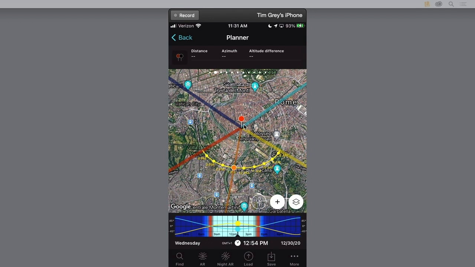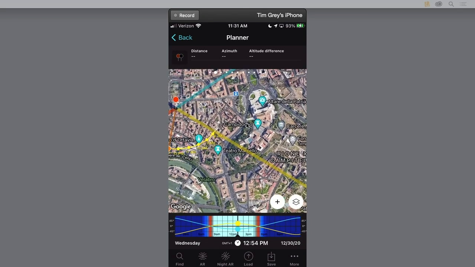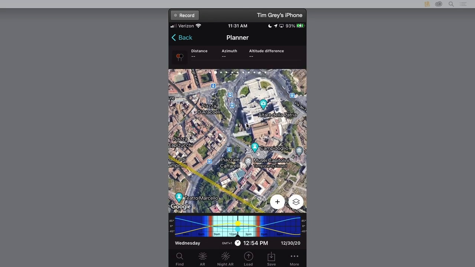That also means, of course, that I can use those details to figure out whether or not I'm in a good position and to plot a position. In other words, if the moon's going to be over there, I want to be looking over here to see where I need to be positioned and put in between, essentially, an object that I would like to put in the foreground. So I'll zoom in just a little bit, and let's say we have the Altar de la Patria